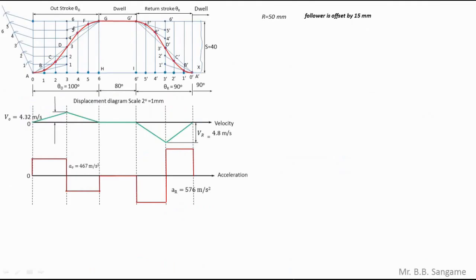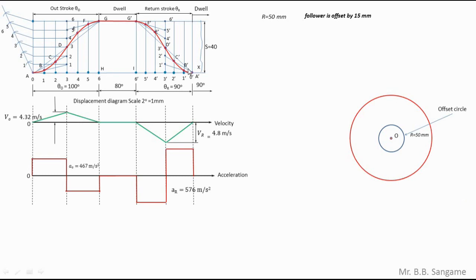So let us draw the cam profile. So I have recreated the same image here. So first I am going to plot the center of the follower, the center of the cam. So let us draw the base circle. Here the minimum radius of the cam is 50 mm. So let us draw the base circle of radius 50 mm. So this is the base circle. Next, here we are dealing with the problem of offset follower. The follower is offset by 15 mm. So let us draw a circle from the same center of radius equal to 15 mm. So this is the offset circle.